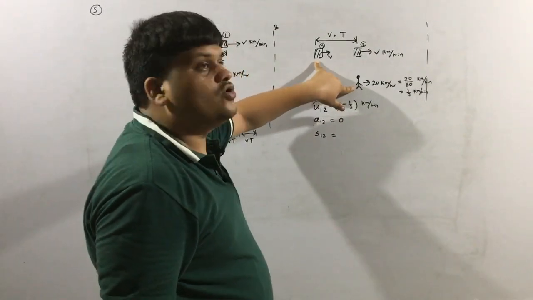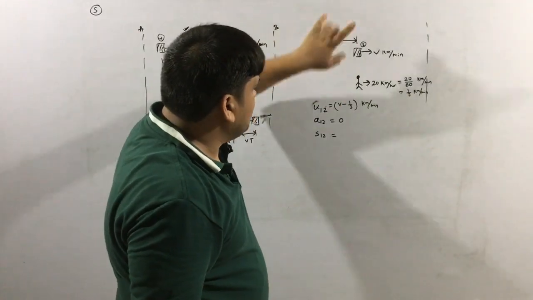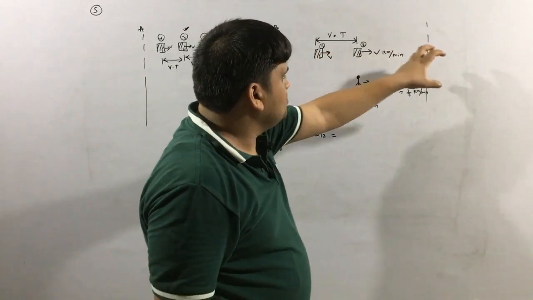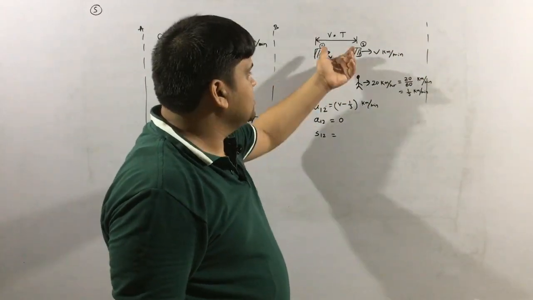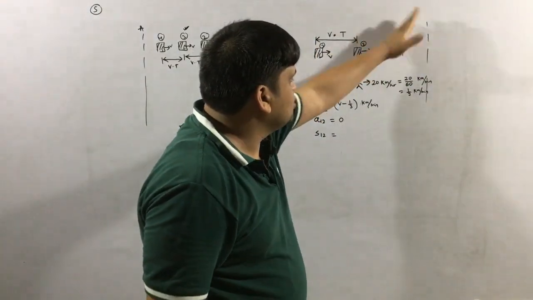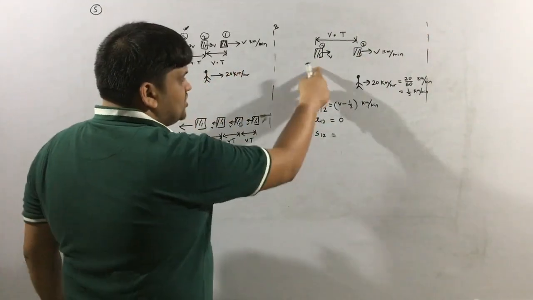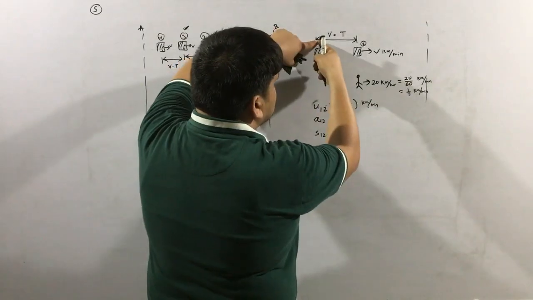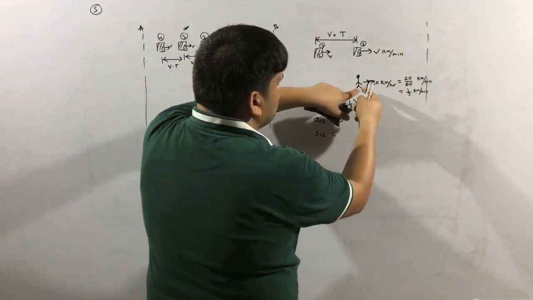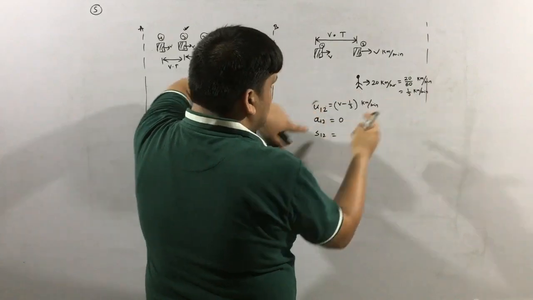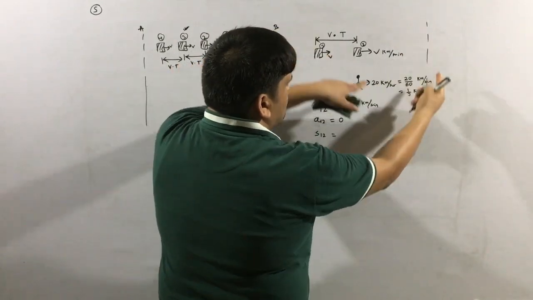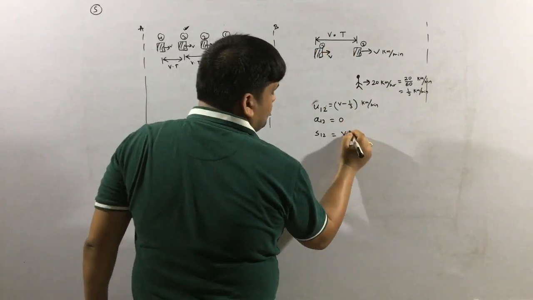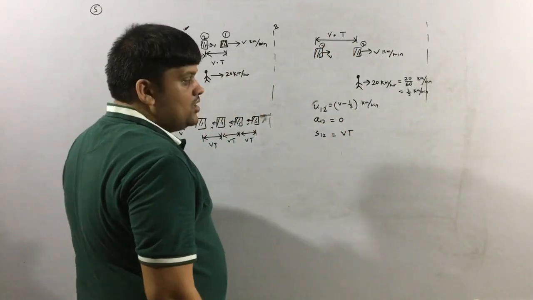These two, when they are going to meet, the distance is vt. It means the distance between these two is vt, they are moving, and after 18 minutes they are meeting, then what is the distance? So like that we have to find out. Forget about this bus also. Between these two, s1 is the distance travelled by this, and s2 is the distance travelled by this. So what will be s12? This distance minus this distance, so it will be this distance, or that is equal to v into t, okay.